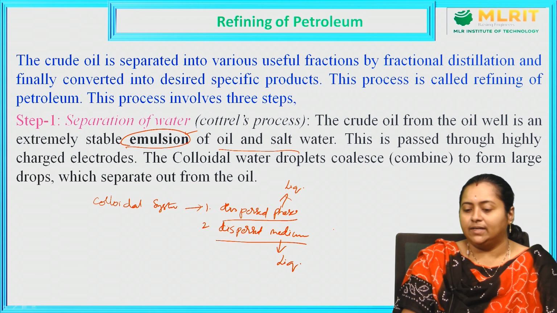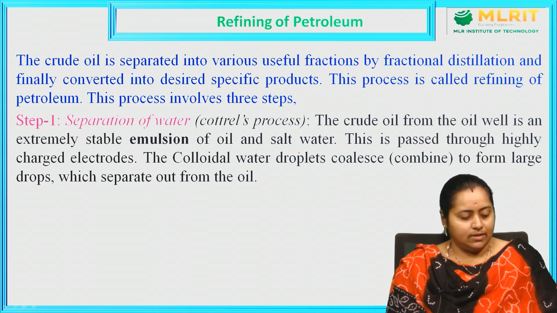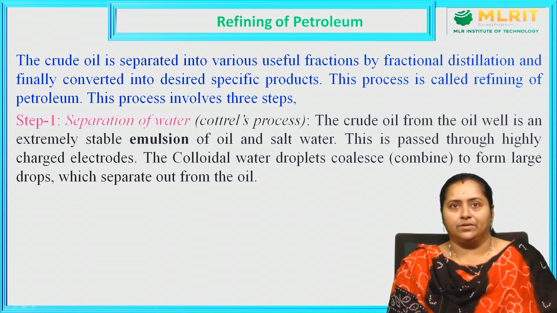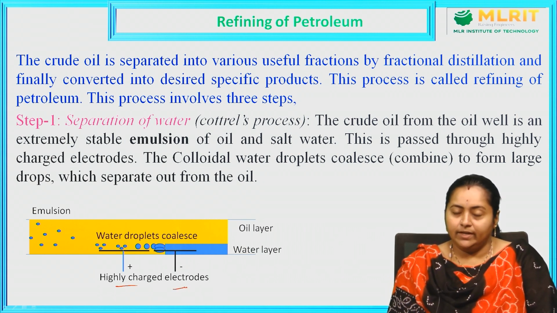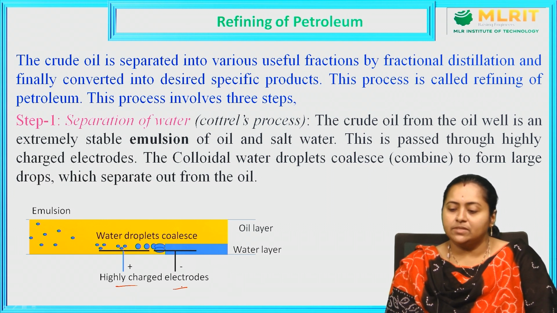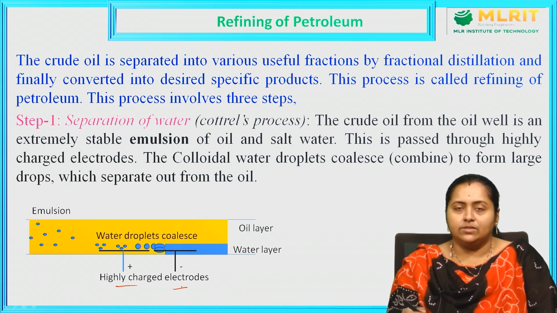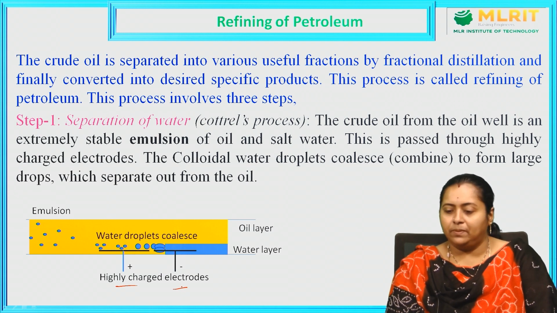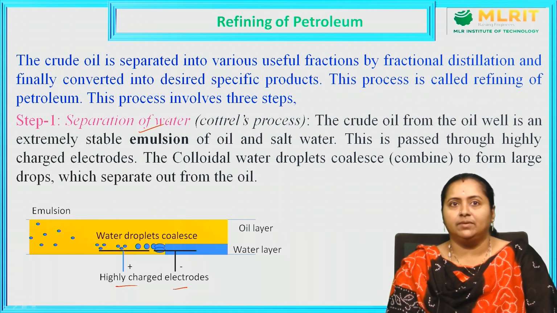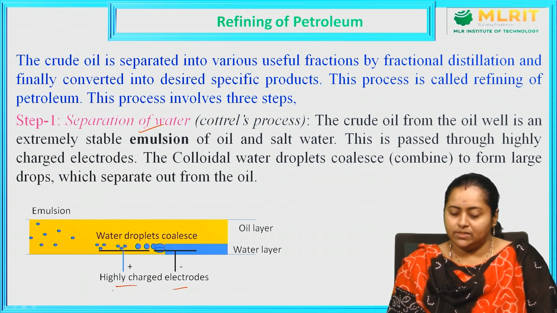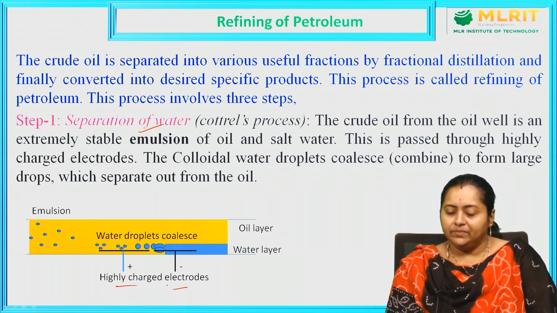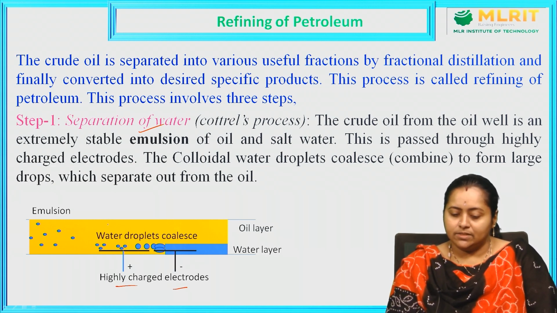So this emulsion, like crude oil, is extracted from the earth's core and then it is allowed to pass through highly charged electrodes. If you see that instrument or equipment, these two are highly charged electrodes, positive and negative electrodes. Into these two highly charged electrodes, we allow this emulsion to pass. Emulsion is nothing but crude oil that was extracted, which is having oil and salt water. It is allowed to pass through these highly charged electrodes. Then what will happen? Because of density variation, these water droplets, expressed in blue color,